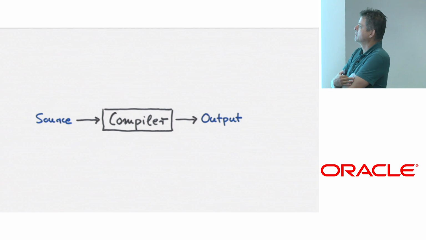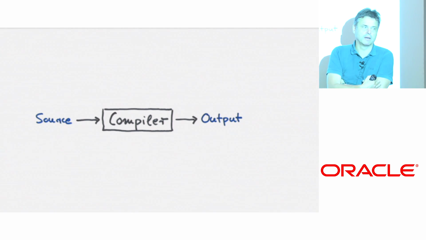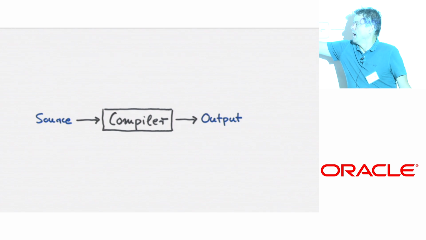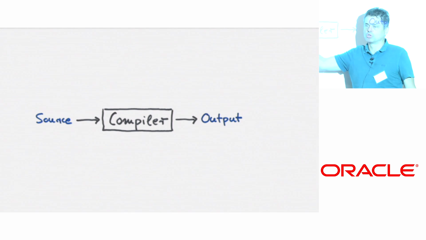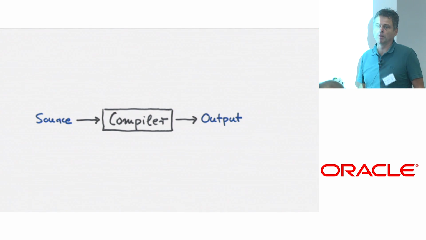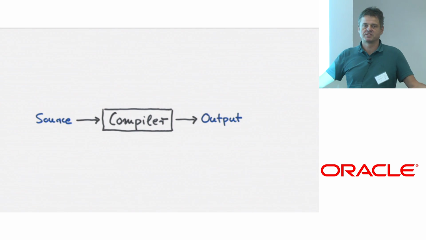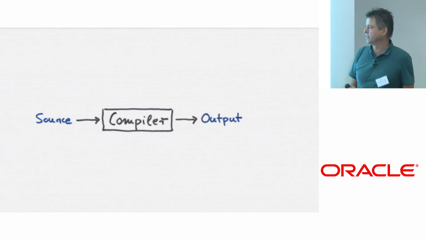So what I'm going to talk about now is essentially what came out of the thinking about the architecture of this compiler. A traditional view of a compiler is that it's essentially a pipe. It's a transformer that takes source programs to output programs. Classical function, you could say. It takes an input, produces an output.